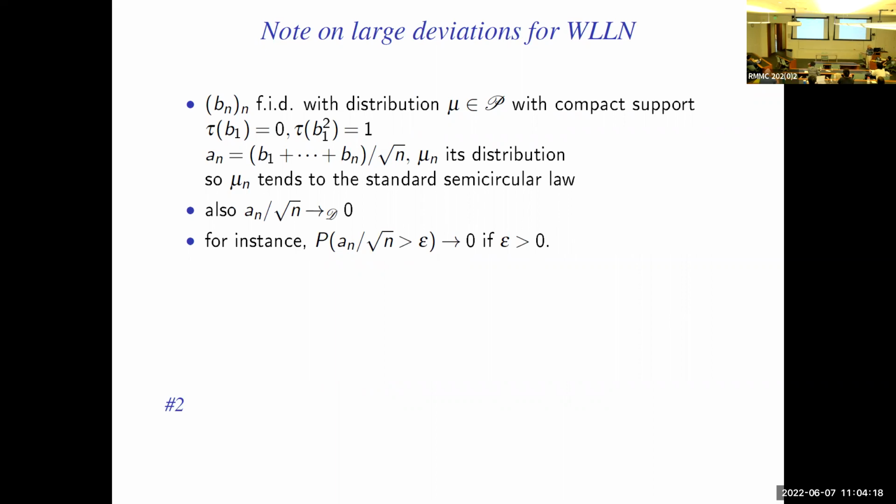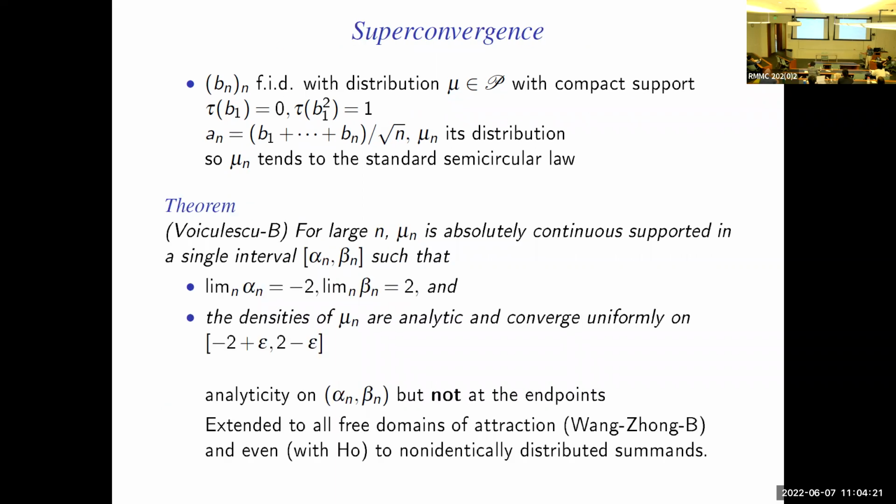And what follows. Maybe I should have said something else which I forgot, which is why this is a little different from the classical case. The probabilists, of course, will know immediately what's very different about it. In the classical case, the measure mu that you started with could have been, let's say, a classical coin toss, the Bernoulli variable. And if you add n Bernoulli variables, you still get a discrete variable. You never get something analytic. You don't get densities. Nonetheless, the limit, which is the Gaussian, does have a density.